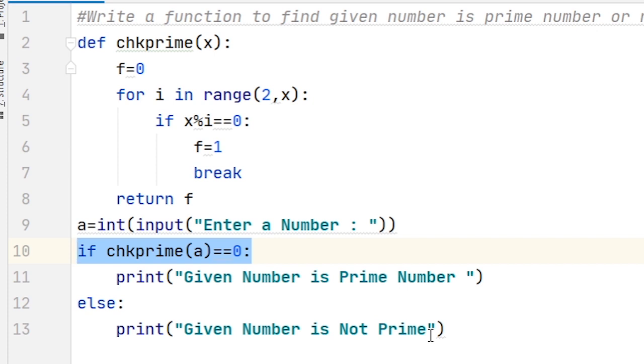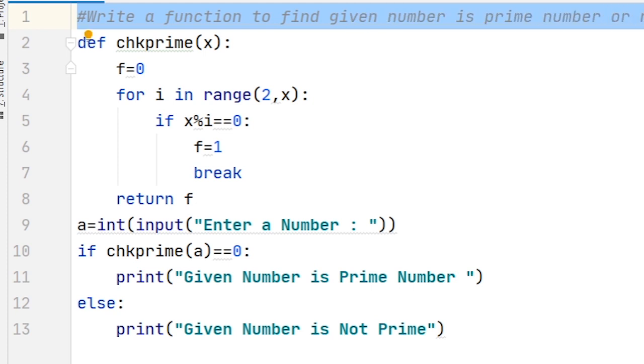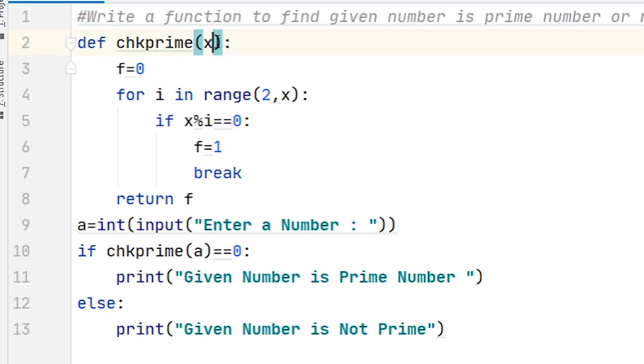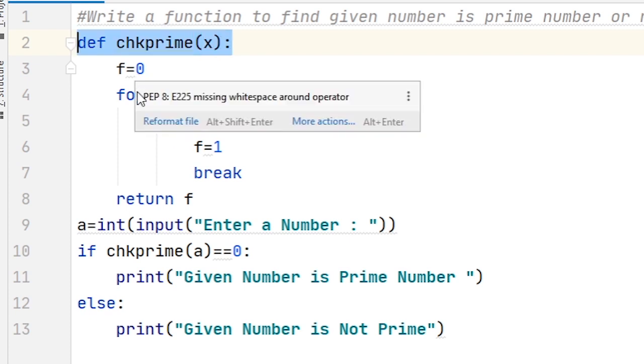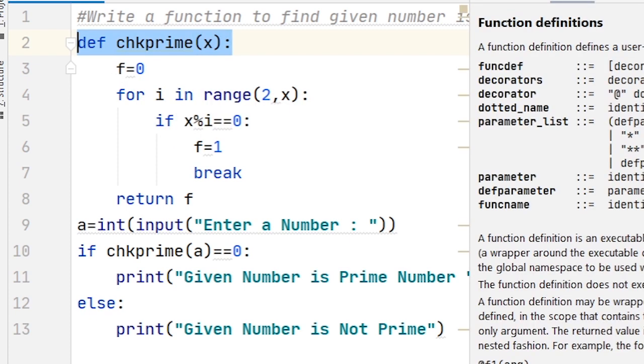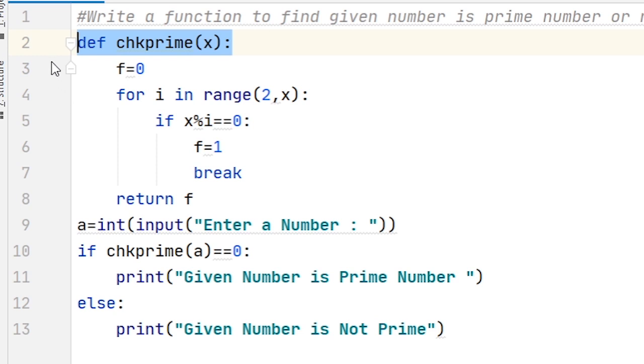So once again I repeat, first we start from the program. At line number 1 the execution will start. Because it is a comment entry, it is ignored by the interpreter. At line number 2, it is a function header part, so the interpreter just skips all the statements inside the body of the function, that means from line number 3 to line number 8.